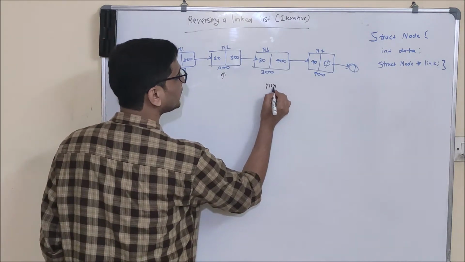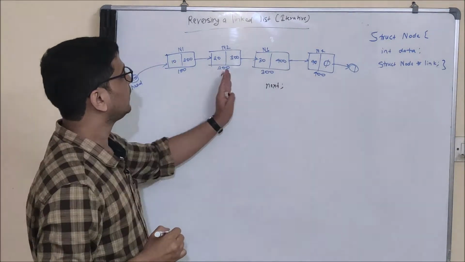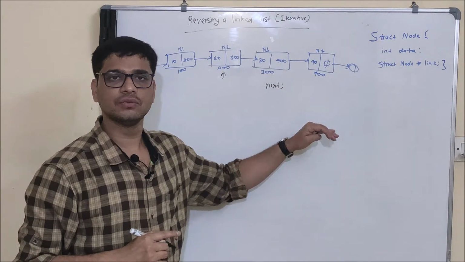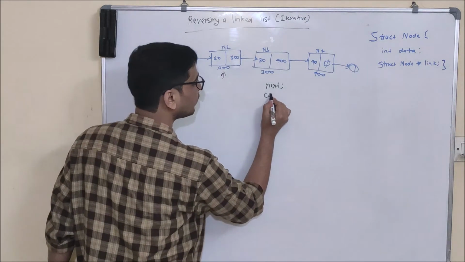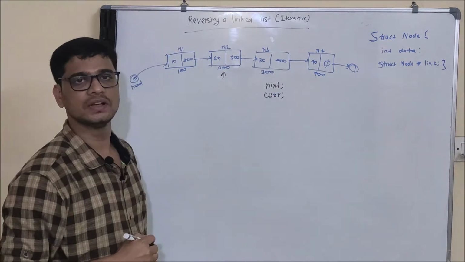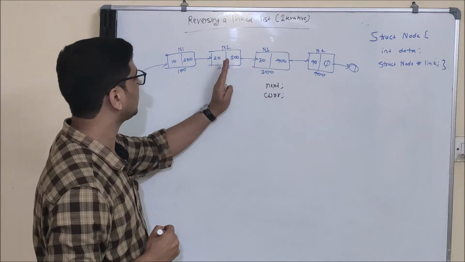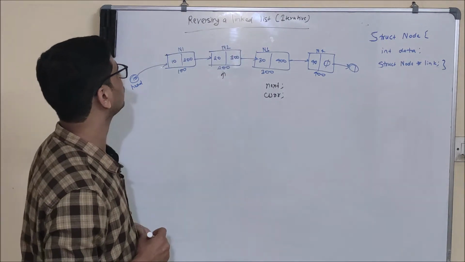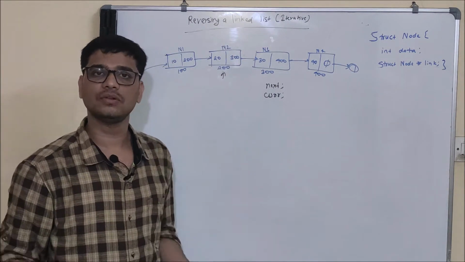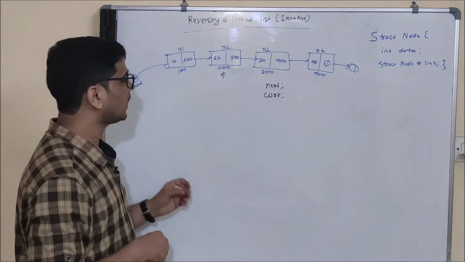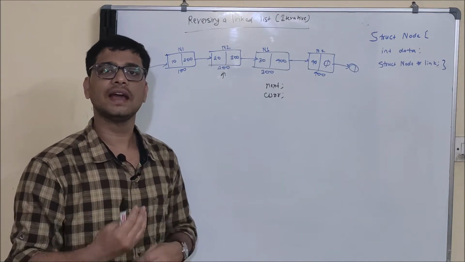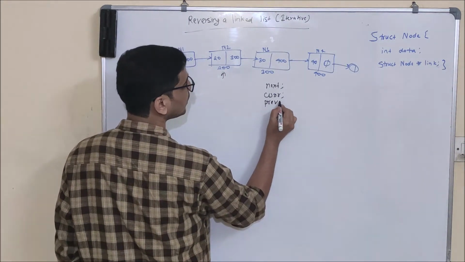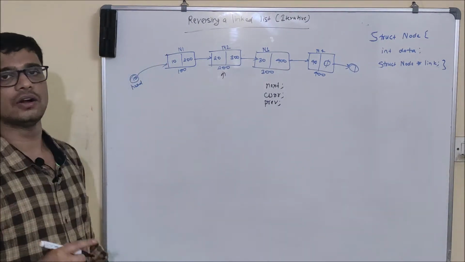So I will have a pointer called next which will store the address of the next node. And one more thing, to traverse this linked list we need a pointer, and I will use a pointer named curr for this purpose. And if I am traversing and I am at node 2, then I will need to update this pointer to the address of node 1. But do we have the address of node 1? No. So we need to store and carry the address of node 1 also. For that task we will be using a pointer named previous. Now let's write our program to do this.